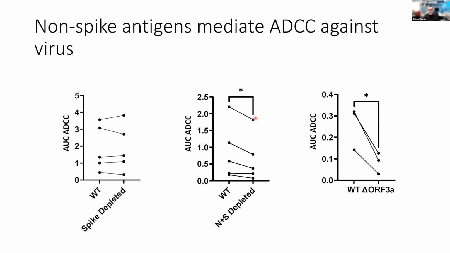When it came to membrane and ORF3a, we didn't have reagents to deplete antibodies against those proteins, and we couldn't delete membrane from the virus genome because it's essential. But we were able to delete ORF3a from the virus genome. And if we look at ADCC activity against a wild-type virus or a virus that lacks ORF3a, we now see a really massive drop in the ADCC activity. And this says that ORF3a certainly is a major contributor to ADCC activity in the context of infection, possibly with some contribution from membrane, certainly some contribution from nucleocapsid antibodies, but not much contribution from spike-specific antibodies.